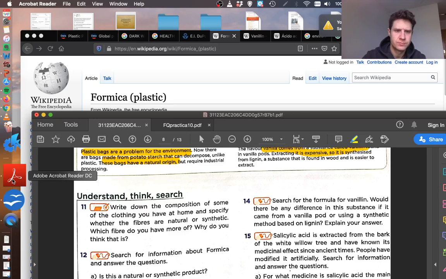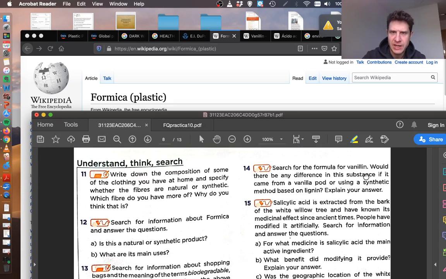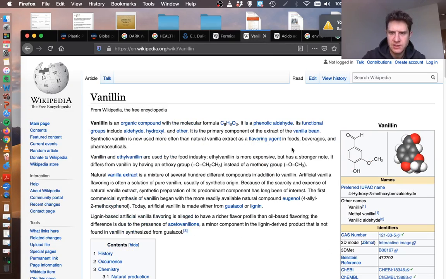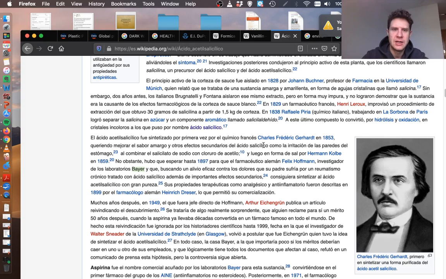Search about vanillin. Vanillin is this compound. This is the original one, with this group, but they add this other group to the compound to make it smell more of vanilla, and you don't need to grow vanilla flowers. Okay, you just do it in the lab. And